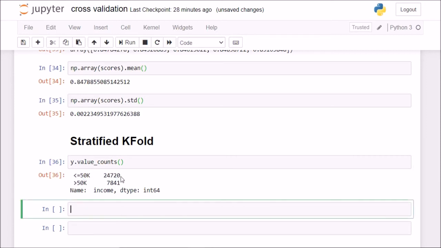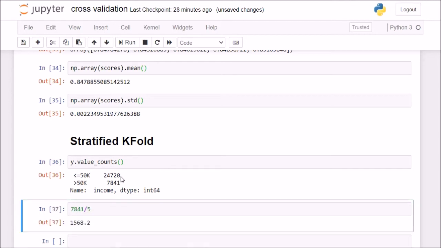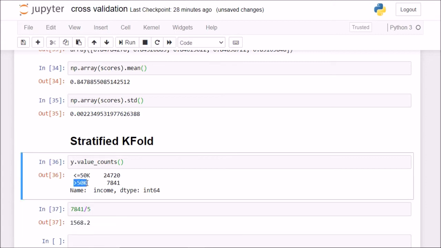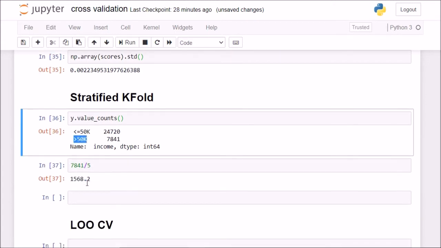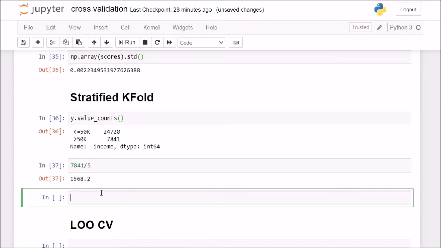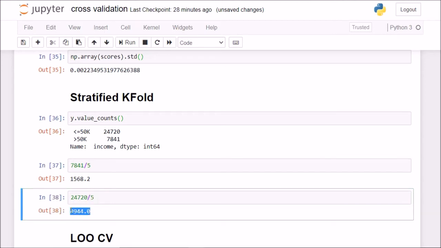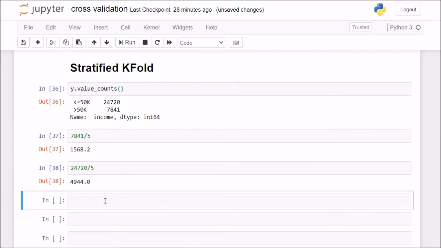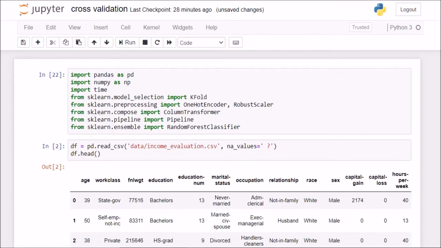So intuitively I should have 7841 divided by 5, which is 1568 greater-than-50k labels in each of the 5 buckets, and correspondingly 24,720 divided by 5, which is 4944 records in each of the buckets. We'll see if that is the case when we use stratified k-fold.